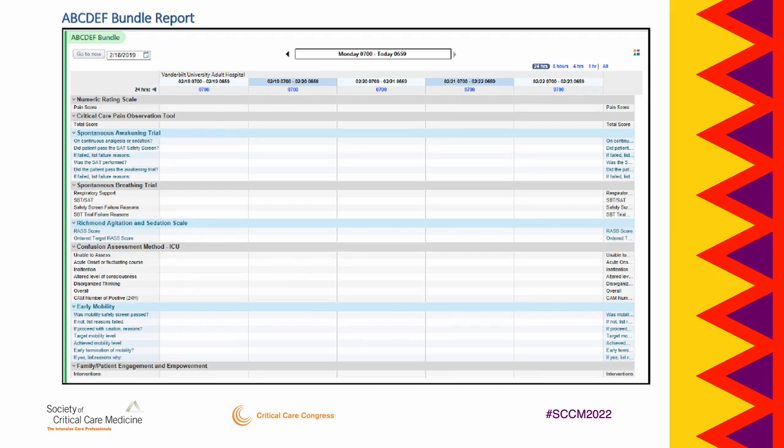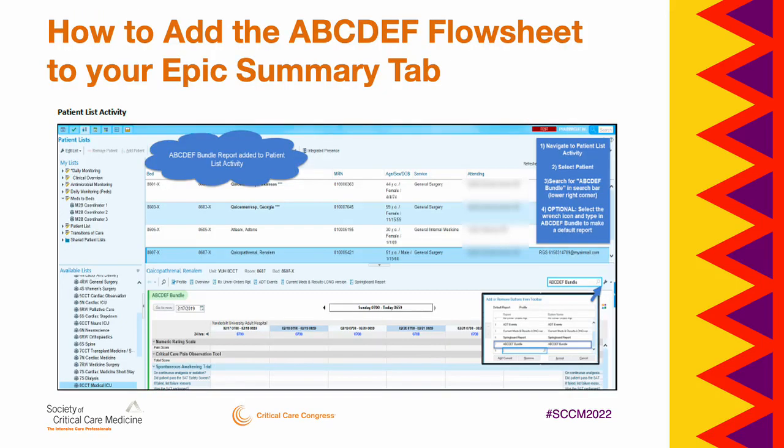And then you can see the spontaneous breathing trial. For the letter C, you can see the Richmond agitation and sedation scale. For the letter D, the confusion assessment method in the ICU. For the letter E, early mobility, and finally for the letter F, family. This specific example is how Vanderbilt has implemented the ABCDF or ICU Liberation Bundle into our electronic medical record, which